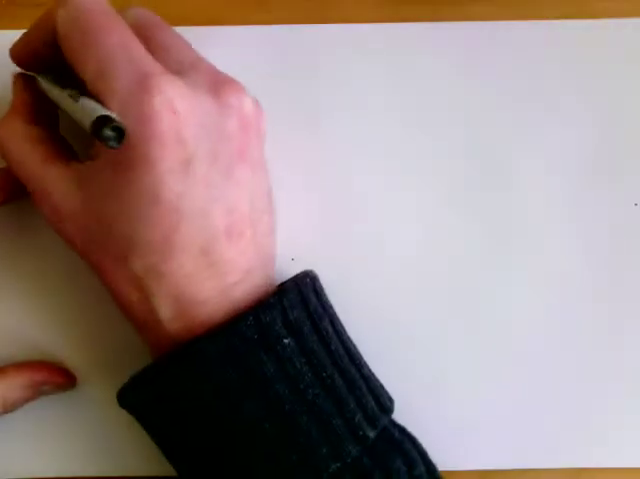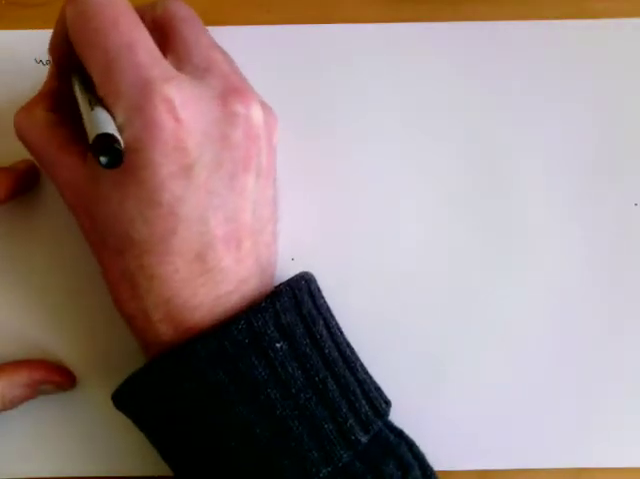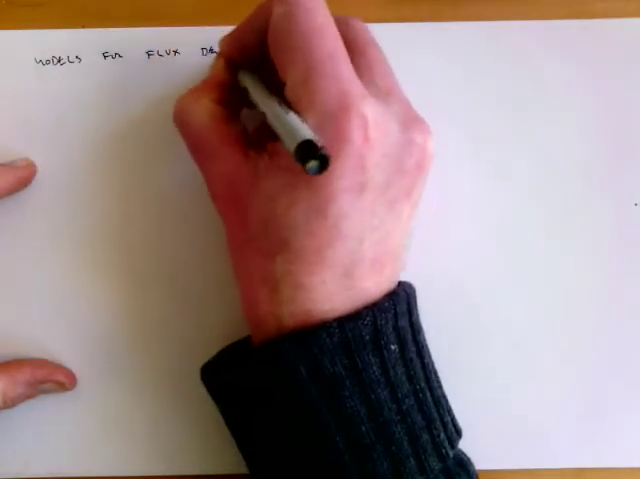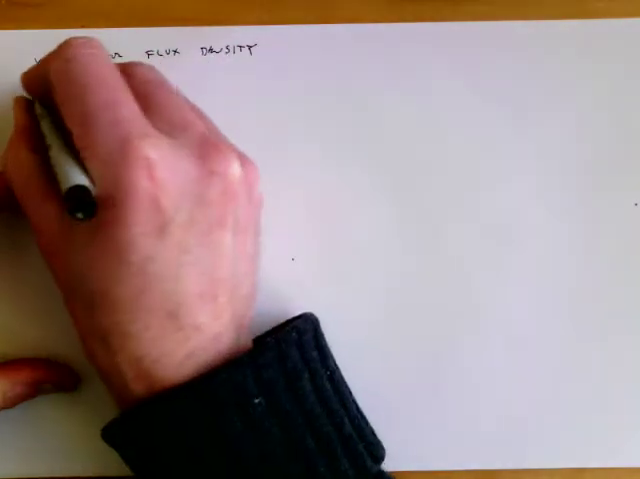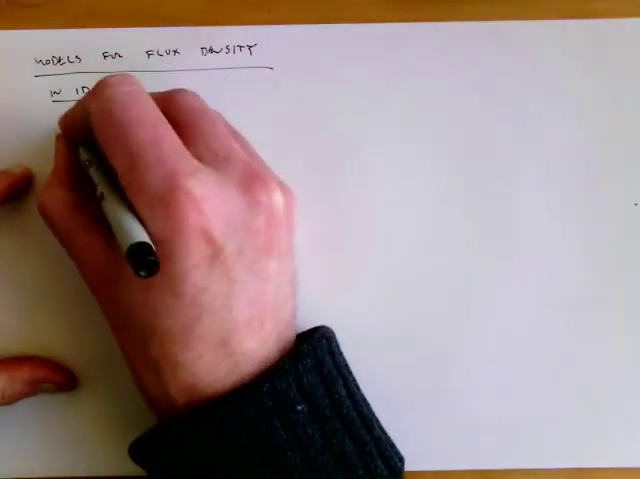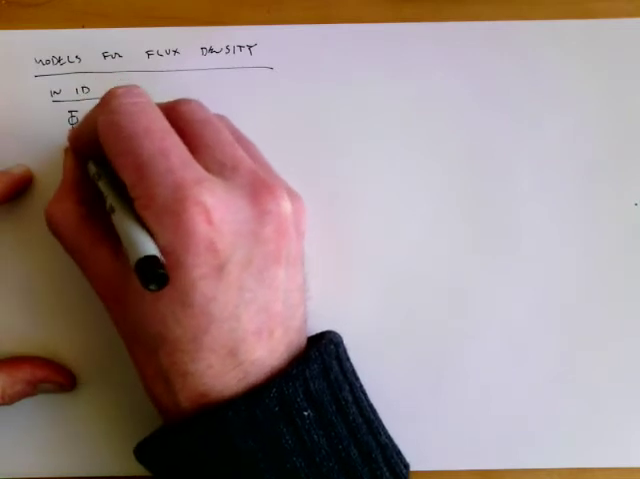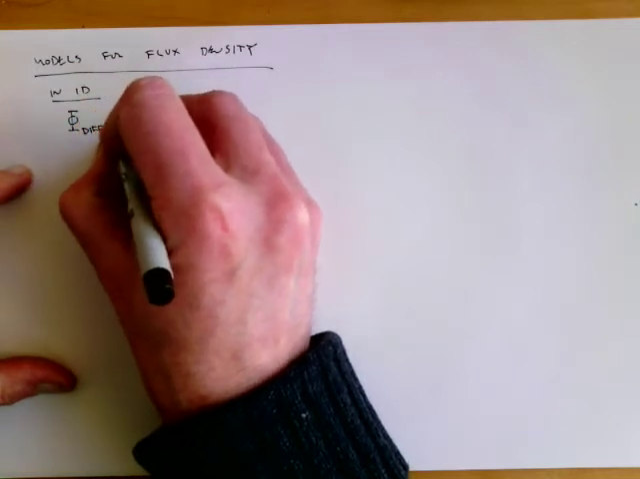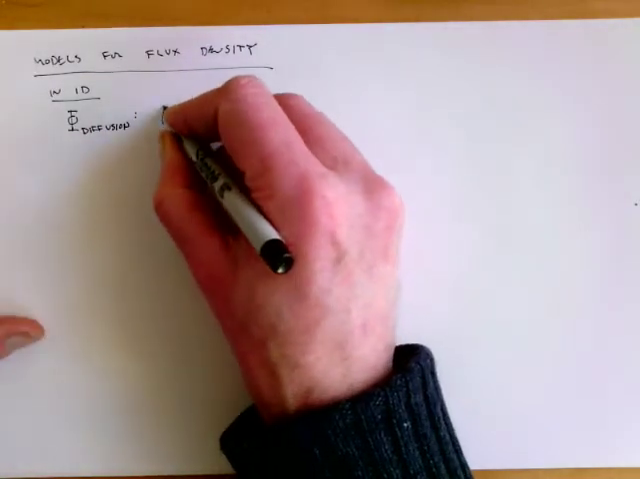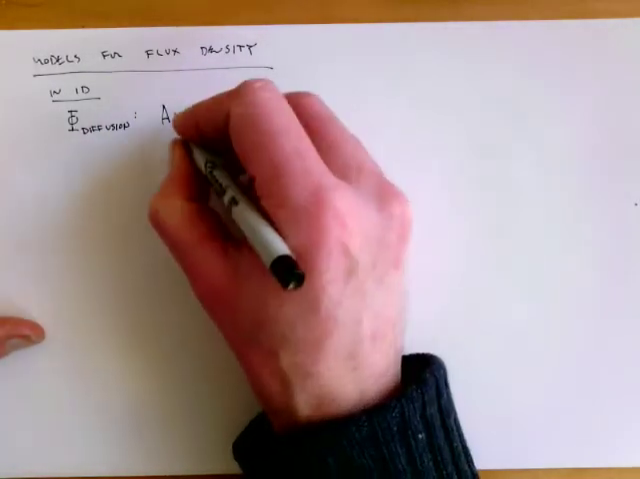So in this video, I'm going to talk about a couple of simple models for flux density in multiple dimensions. And I want to first start by just reminding you about models for flux density in one dimension. In one dimension, we talked about flux due to diffusion. And what we said for flux due to diffusion was that if we had some pipe of cross-section A